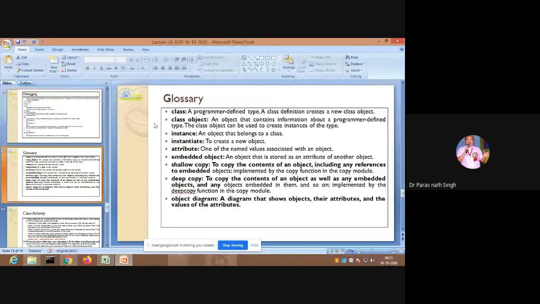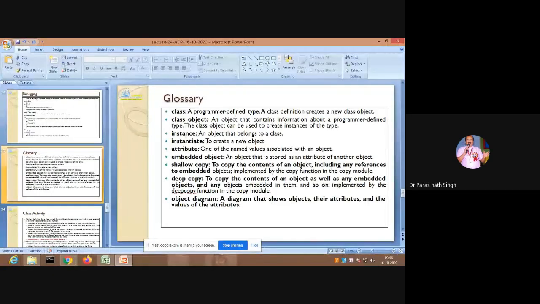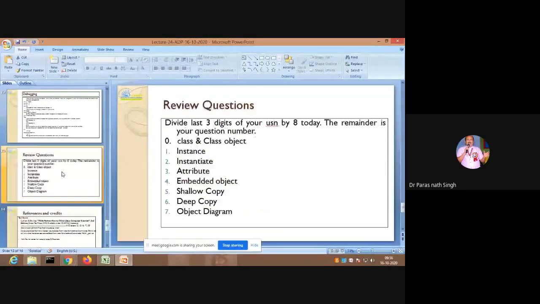This one, and this glossary is there. Glossary also I can take in the next class only. Let it be. I don't want to give that. Glossary, class activity, review question, review question time is also not there. So let it be reviewed in the next class.